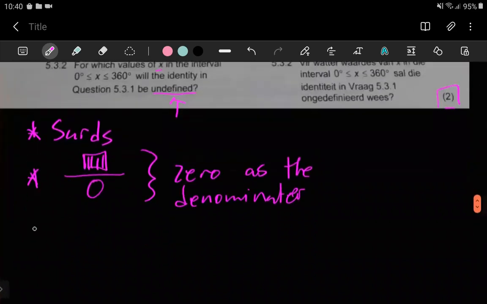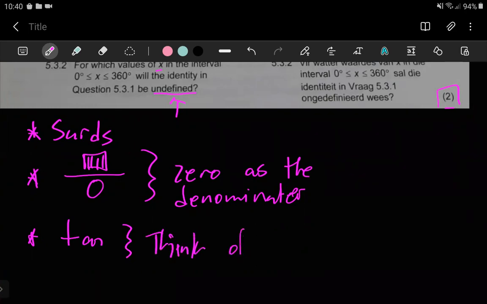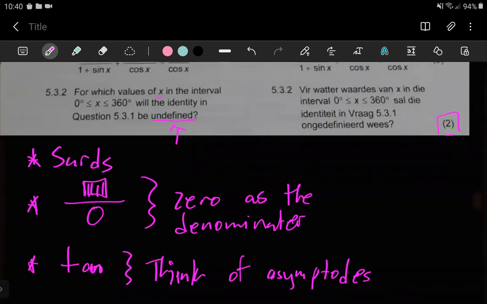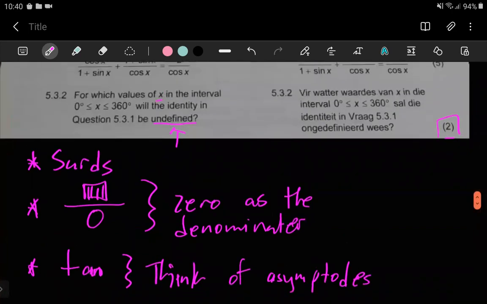And then secondly, you want to look out for tan, because if you're looking out for tan, you want to think of asymptotes. You see, because if you can look for asymptotes, then you are good to go. I mean, if you can think maybe of another one, if we think a bit more,